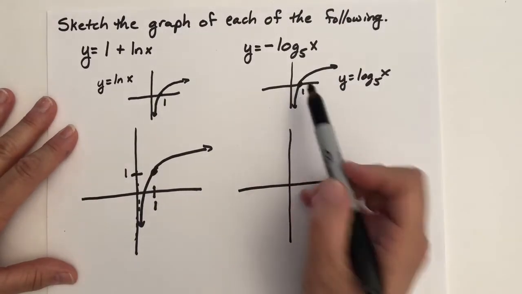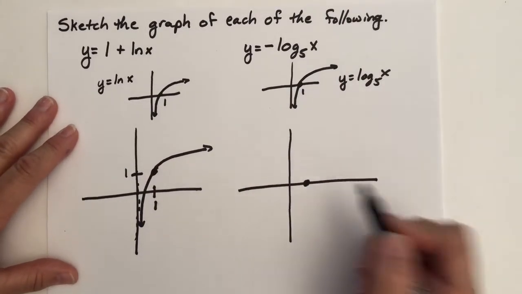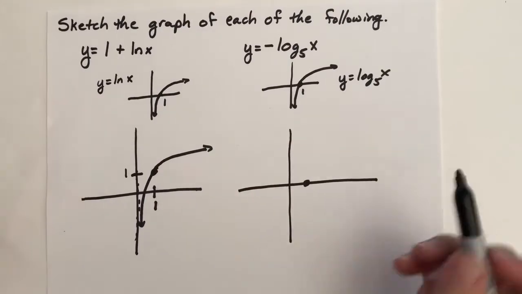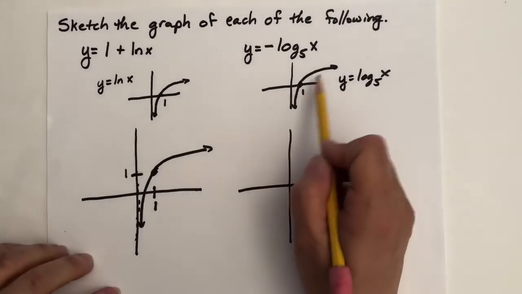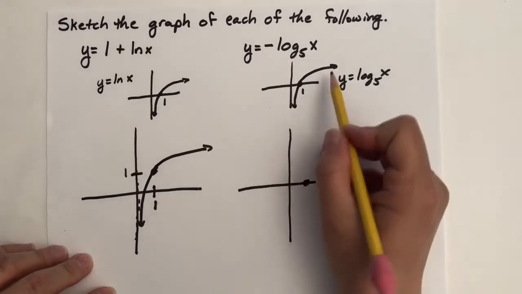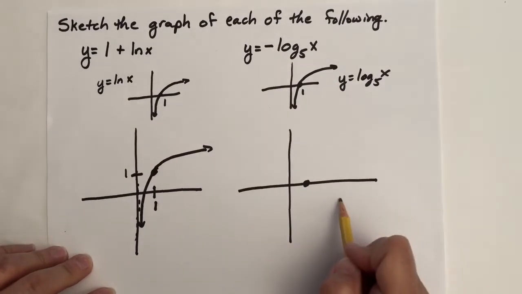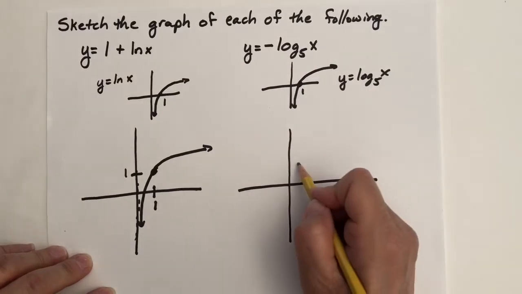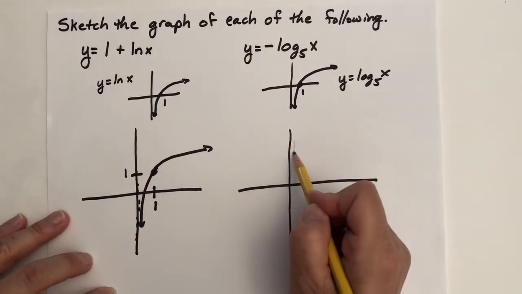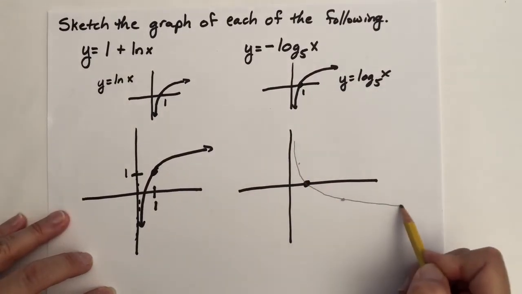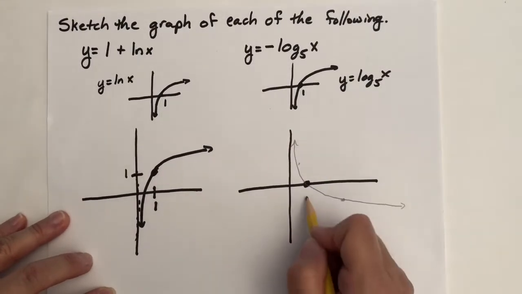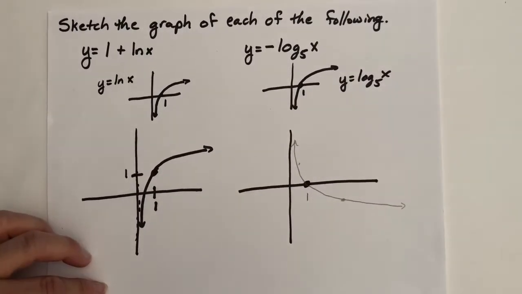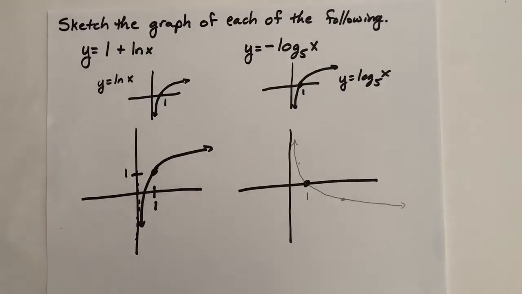The point 1, 0 will stay right where it is. This point over here is across the axis, so it comes down here. These points down here will come up here. So I have a graph that looks something like this. Notice I drew it in pencil. If you needed a rough sketch, consider it done. You need another point,